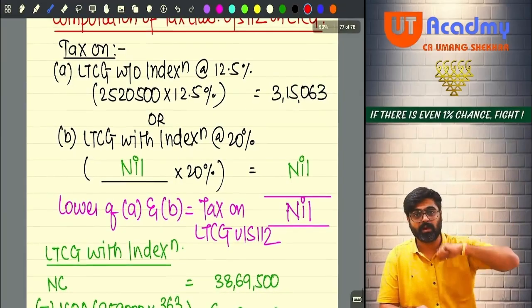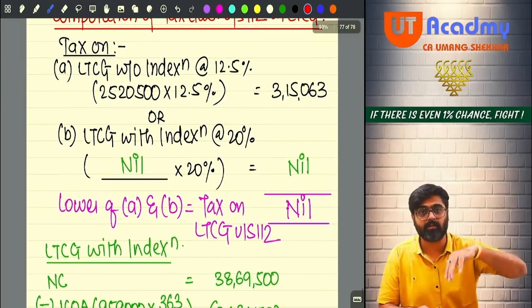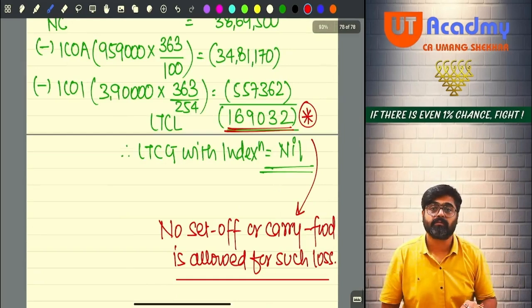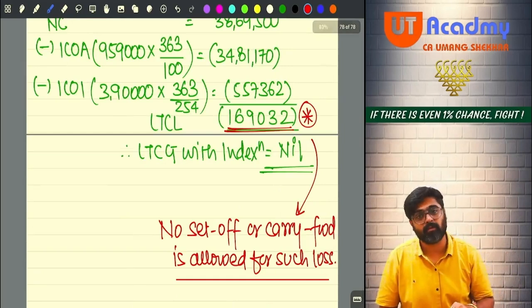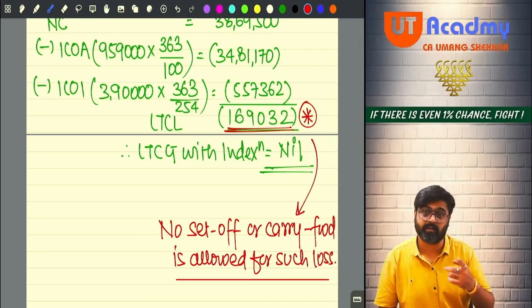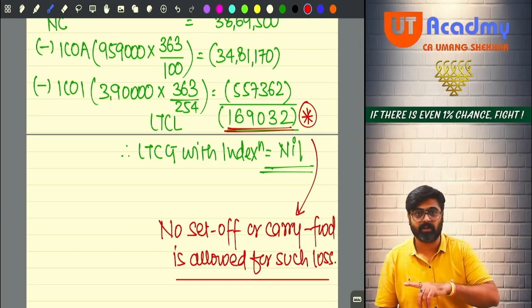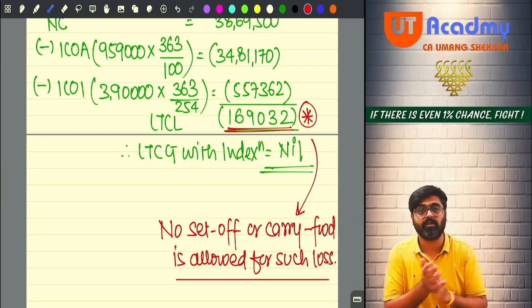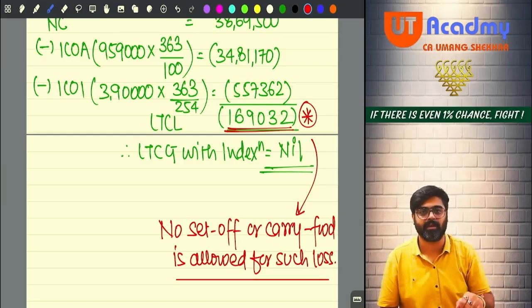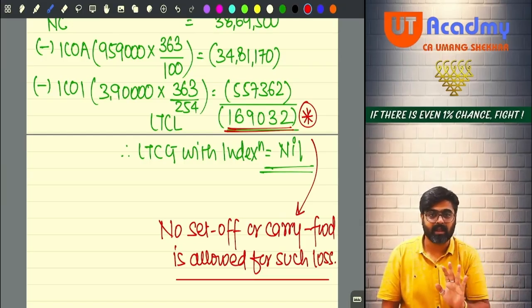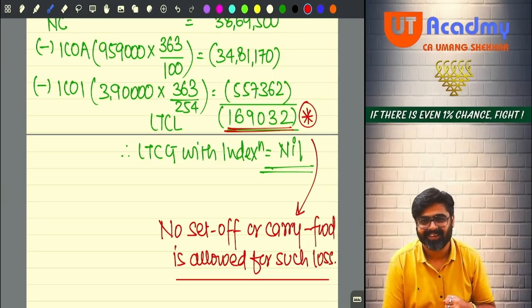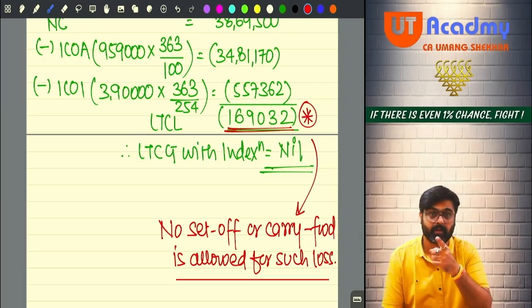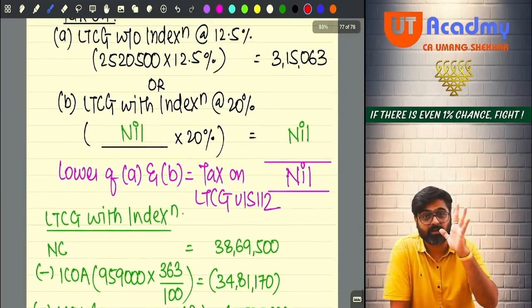So now when I go to the government and ask, government, what about this loss? What to do about this? Government will say forget it. You are not going to get any benefit of this loss. This loss cannot be set off also. This cannot be carried forward because this is not entering in the computation of your total income. This is calculated just at the time of calculating your tax liability. Got it? This is very important. See, this type of question they can ask you in the exams.